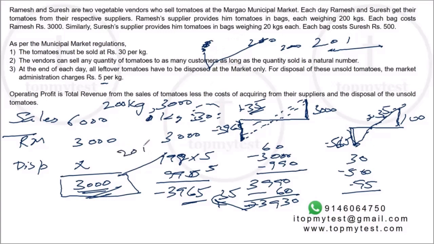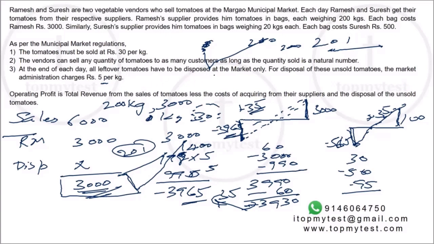The 201st kilogram will hit a loss of minus 3965, so it will drop again, and then it will rise up again by an additional 3,000. So at 400 kilos, he's going to make 6,000 rupees of profit. From 401 onwards, again he will see this curve again. He'll again drop and then keep on rising. Similarly, this will keep on going again and again. Same with Suresh. Suresh's cycle is 20. So after every 20, it will reset, and the next one will dip by 565 and then keep on rising. So basically, this is what we have from this information.